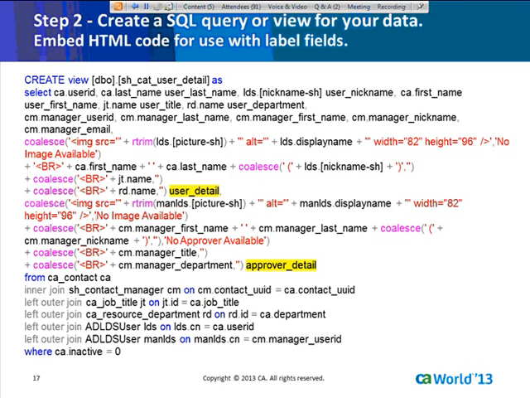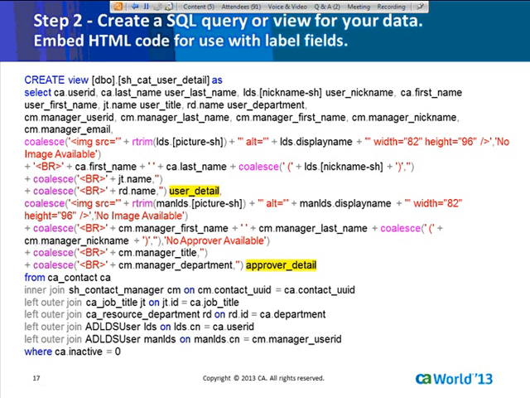Or if you have a very complicated query, what I found works best is to create a view in the database that simplifies the data for Service Catalog. And so that's what I've done here. I'm creating a view, and this is the actual view that drives the user information that we saw earlier, with the pictures and the job titles and the descriptions for both the user and the approver. And so you see I highlighted the user detail field and the approver detail field, which are the end results